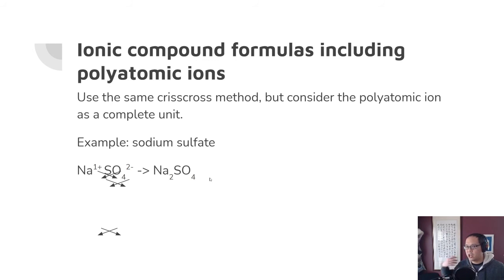And remember, you can double check these because the charge has to be 0 total. Na2 is +1 times 2, so there's a 2+ charge. SO4 is a -2 charge, so we have a net charge of 0, so we're good for Na2SO4. The next example,